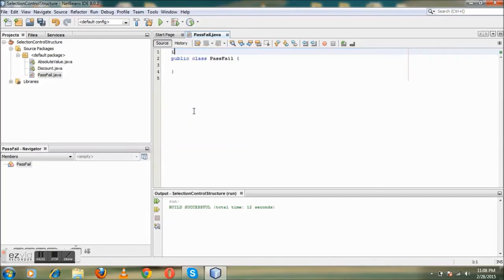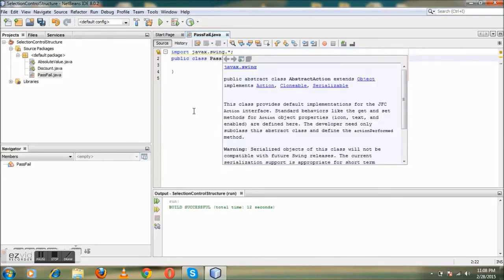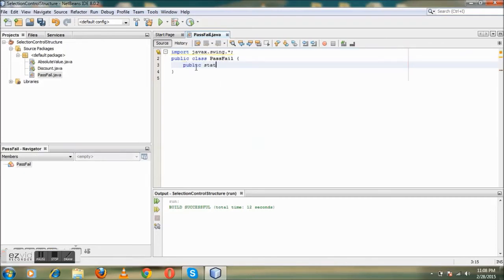Now, let's begin to code. Import javax.swing.*; public class pass-fail, open curly brace, public static void main(String[] args), open curly brace, double grade; String grade input;